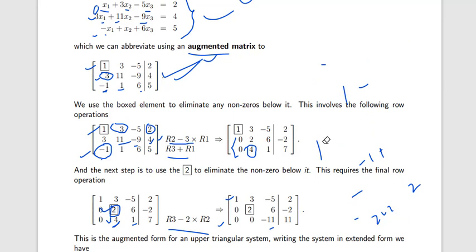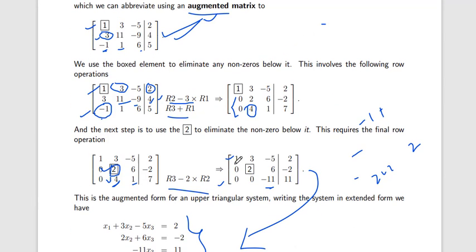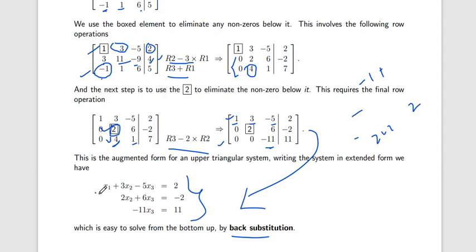So with the help of back substitution we will solve these types of linear equations. Okay, back substitution. We transfer this into linear equations. How do we transfer? It is the coefficients of x1, x2 and x3. So first of all x1, x2 and x3. Here 0, so 0 multiplied by x1 is equal to 0. Here 2x2, 6x3, and minus 11x3, because here 2 is a 0, is equal to 11. Okay, so we transfer this upper triangle matrix into linear equations.